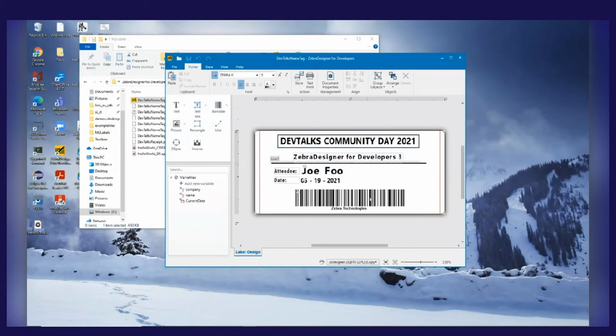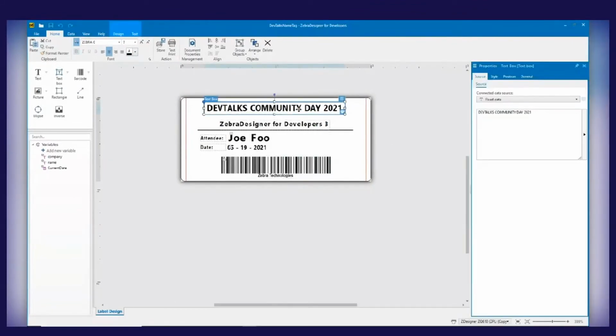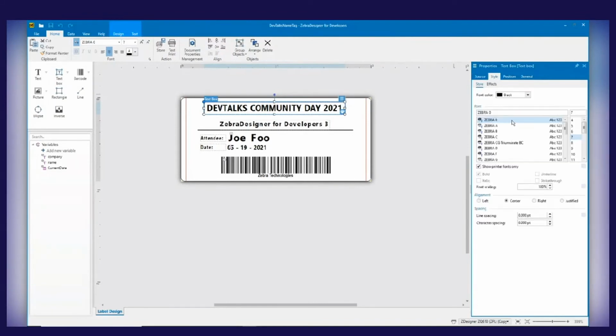Okay, so currently I only use the fixed data and the variable data as well as the barcode. Let me get this bigger. For example, if I click on this fixed data, that tells me this data is fixed, so you cannot change it. It will be there on every label you print. Okay, so on the style type,